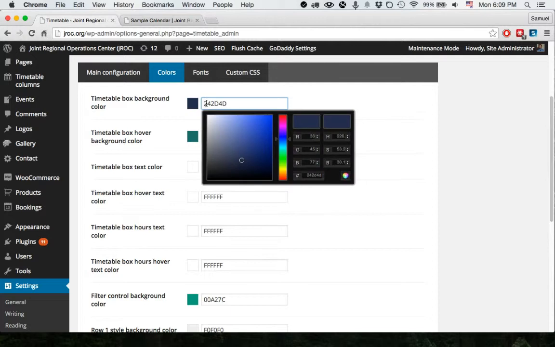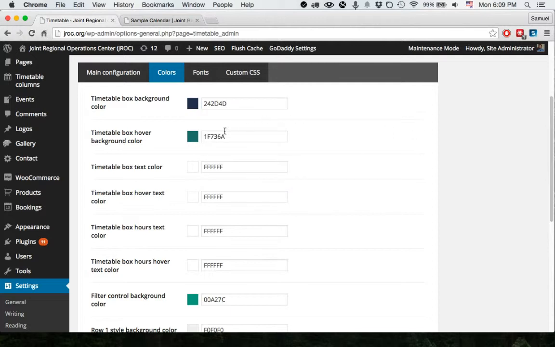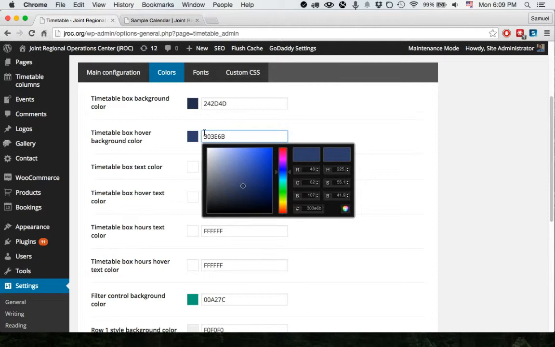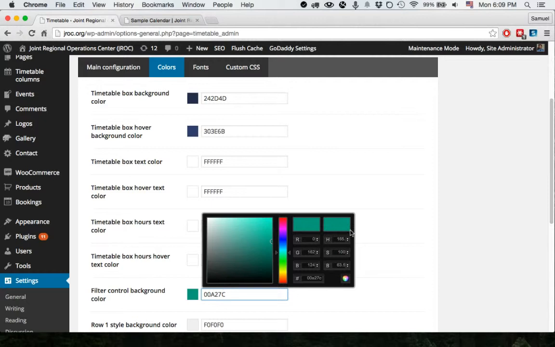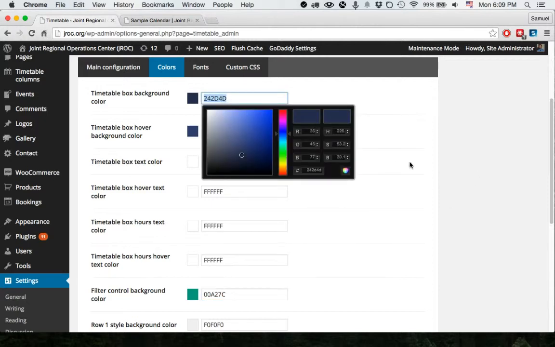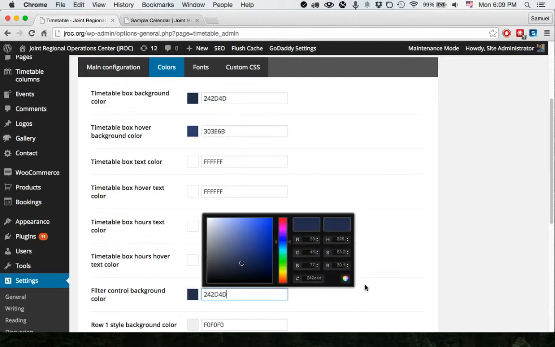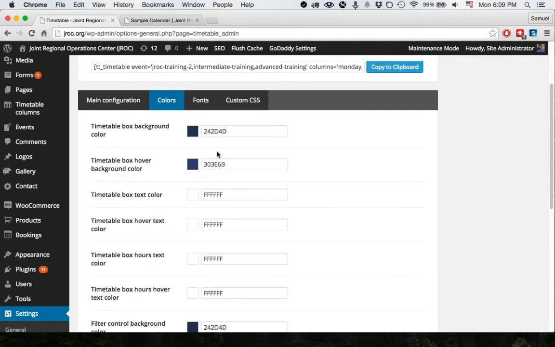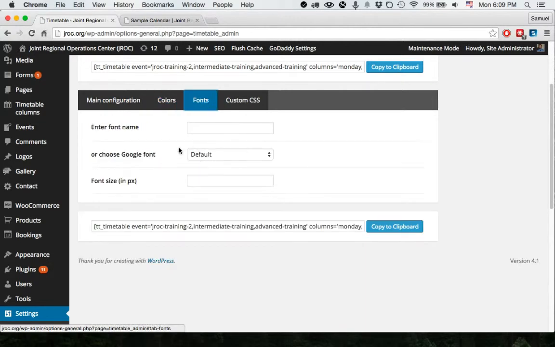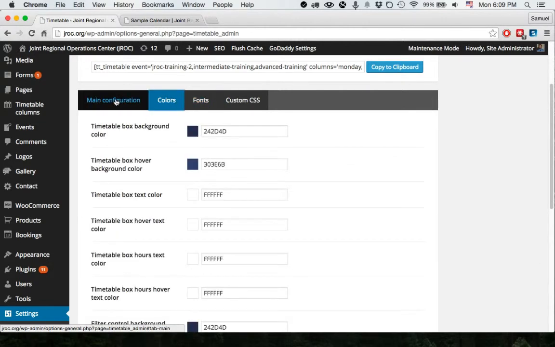This is our main blue for our site, and this next one is the color for the mouse hover, so when we move our mouse over the event it'll change to this color. I'll make sure to remove that pound symbol. And for the last one, I'm going to use this primary blue color. And I'll show you what these look like on the other end. So that's about all the options I'm going to change. If we wanted to, we could change the font for this, but we're just going to keep all those other